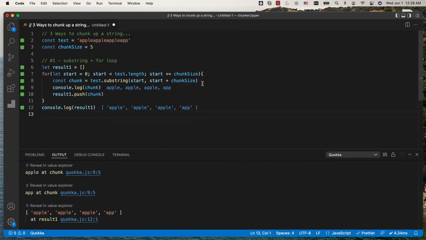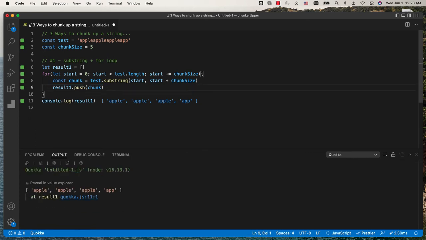Perfect. And let's remove the chunk. And even though we're going to have a chunk size which is going to probably go beyond the length of a string, that's fine, because as we said, the substring doesn't care and doesn't complain. So that's the first approach. The second approach